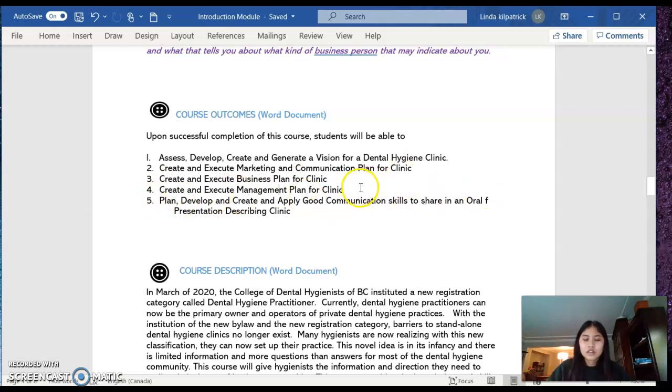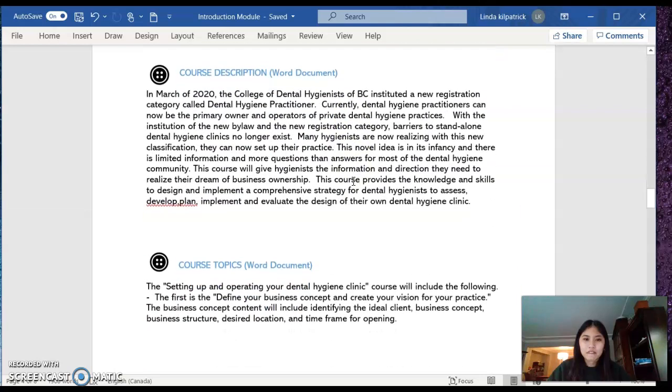Comma? Good communication skills to share an oral presentation describing clinic. In March 2020, the College of Dental Hygienists at BC instituted a new registration category called Dental Hygiene Practitioner. Currently, dental hygiene practitioners can now be the primary owner and operators of private dental